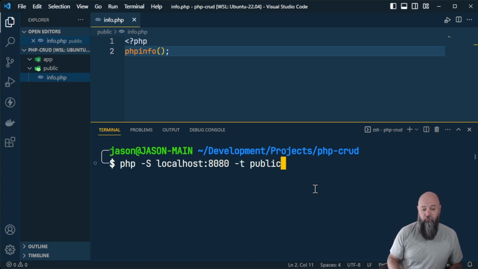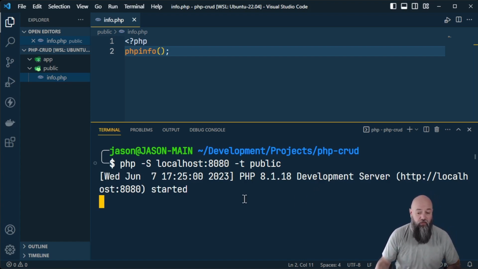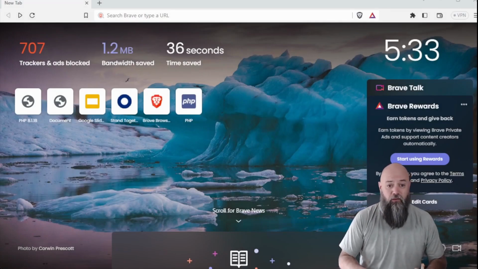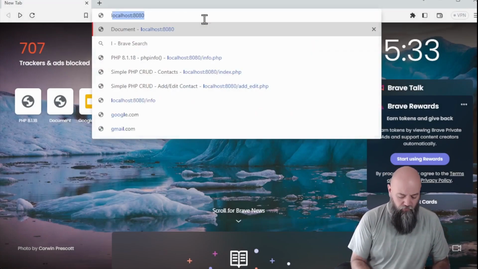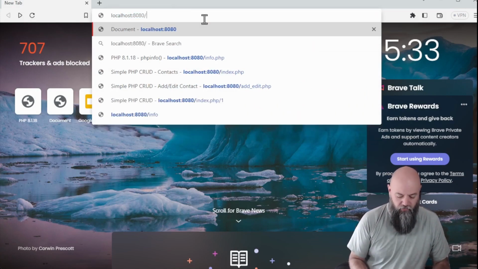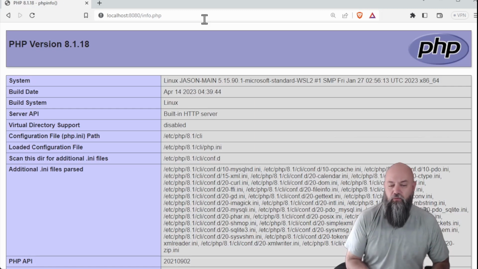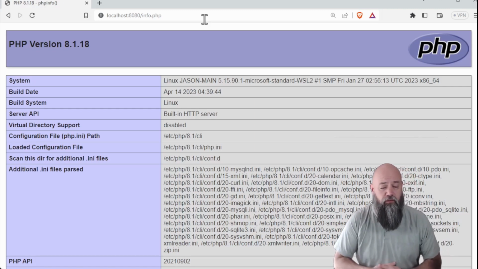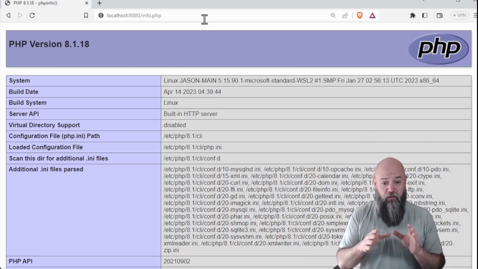If you do that command and hit enter, you should see your PHP server is running up on localhost 8080. All right, so now we're in the browser, and we're going to go to our page and make sure it's up and running. So localhost:8080/info.php. And if everything works right, you should see a nice information page that tells you about your installation of